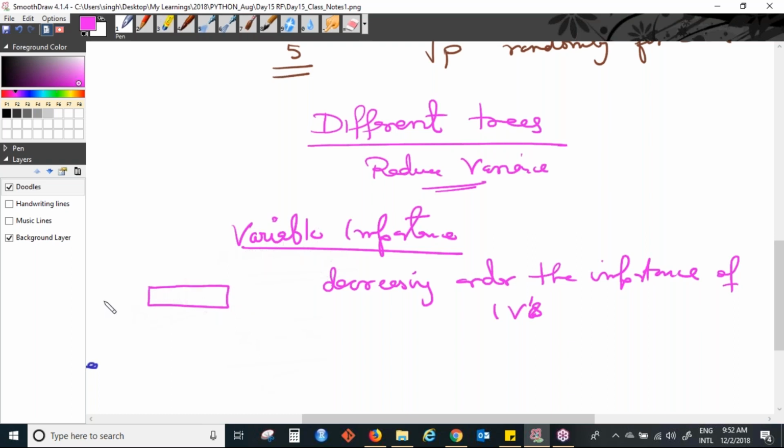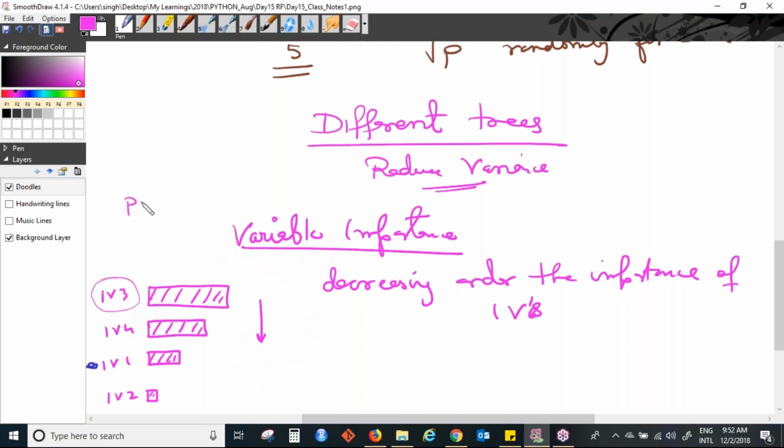It will draw a graph like this. Let's say independent variable 3, then independent variable 4 is slightly less important. Independent variable 1 is next. Independent variable 2 is, let's say, here. So this way it will give you a plot showing which is the most important variable, which is the second most important, and so on. So from this, you can understand that this variable is very important.